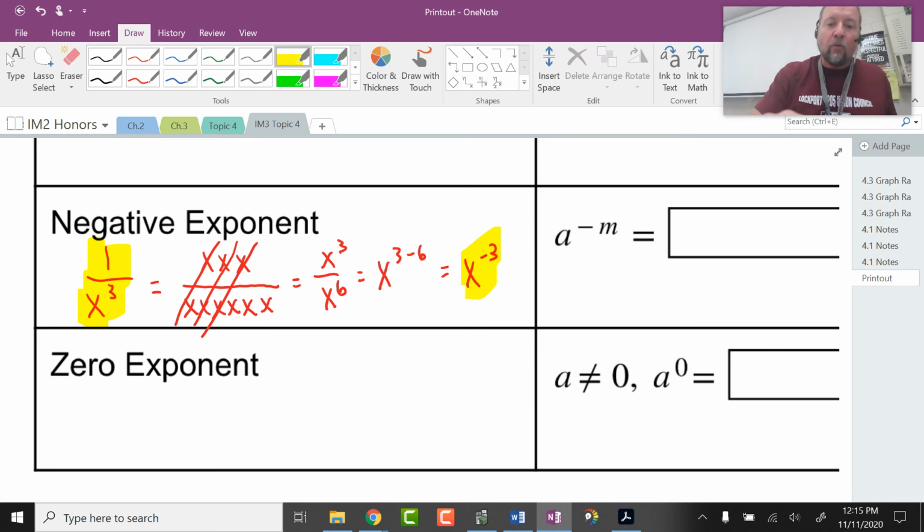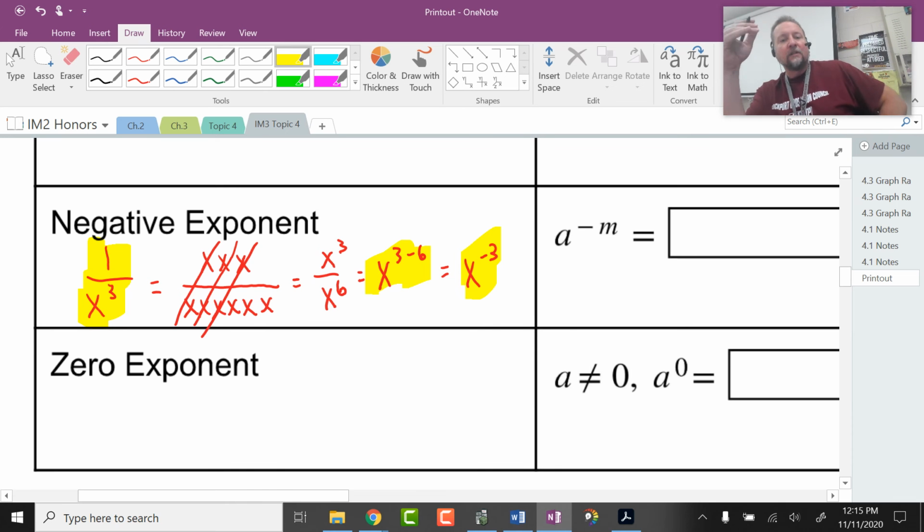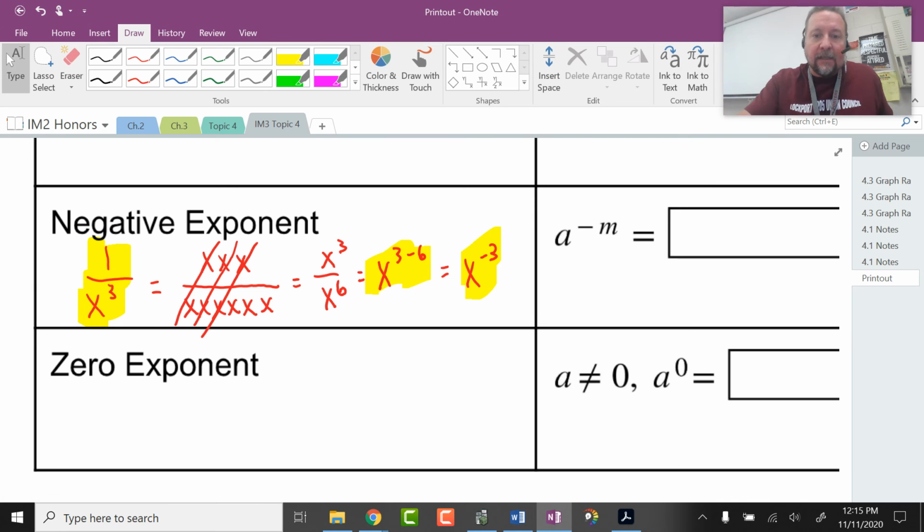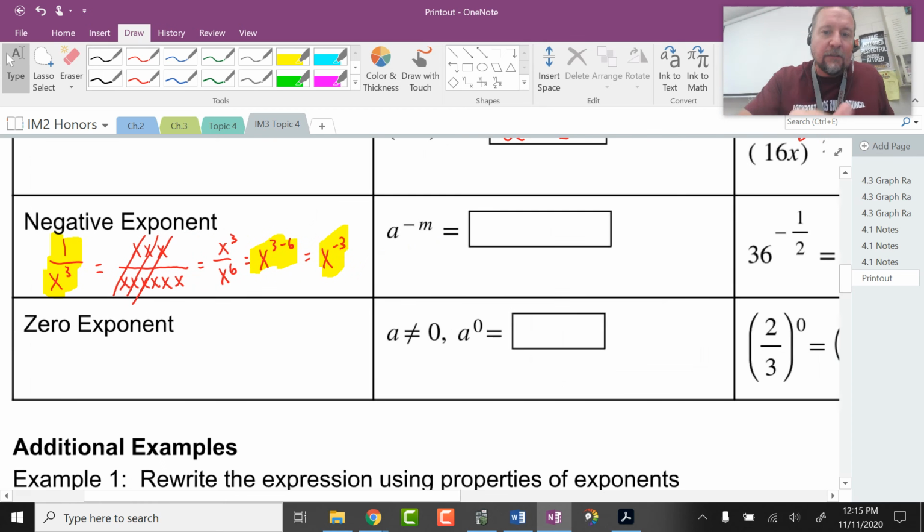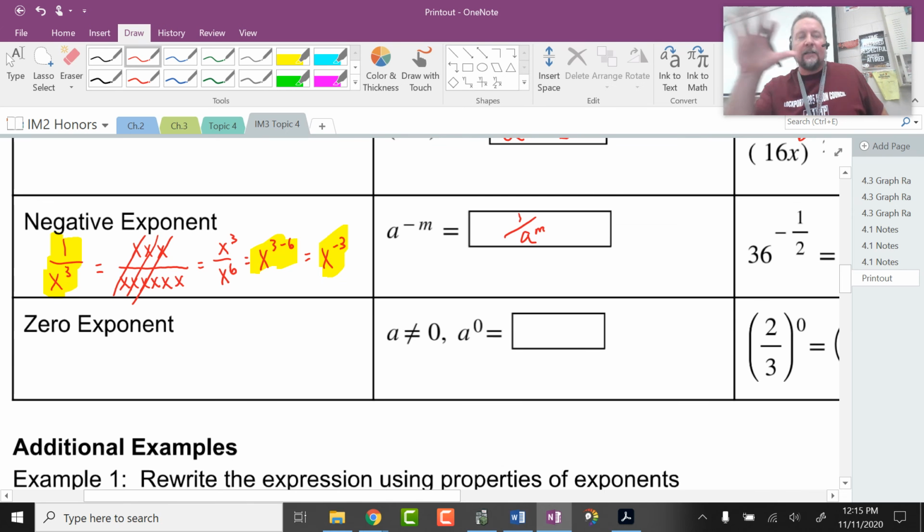The negative exponent rule exists only because of the subtraction rule of exponents when you're trying to simplify numbers of the same base being divided. So that's it. That's the negative exponent rule. That is the reason why a to the negative m is equal to 1 over a to the positive m. That is the reason. The reason is staring you in the face in yellow over here. Before I do another example of that,